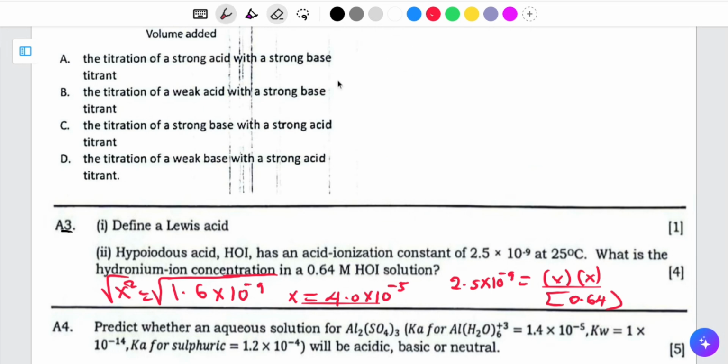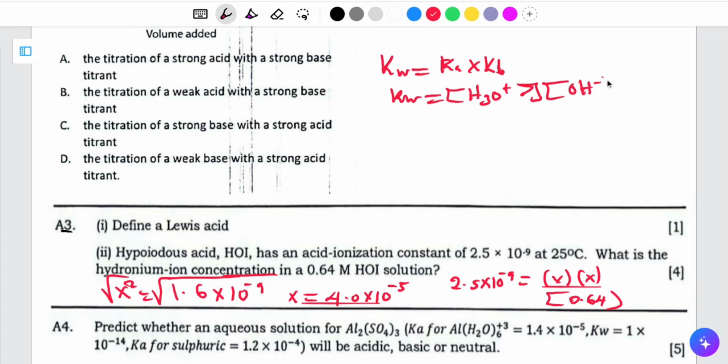We know to say that Kw is equal to Ka multiplied by Kb. Also Kw is equal to the hydronium ion concentration multiplied by the hydroxide ion concentration. So from here we know to say that